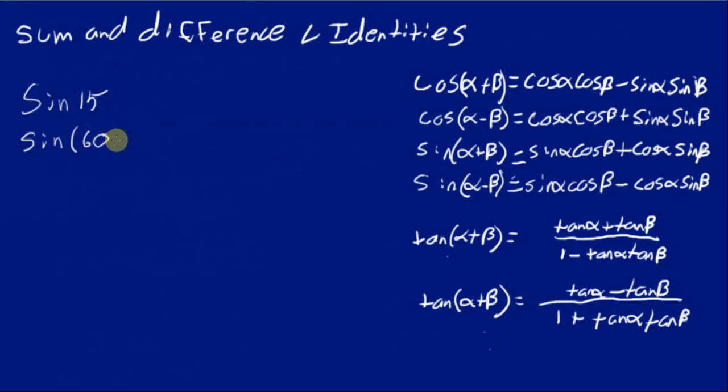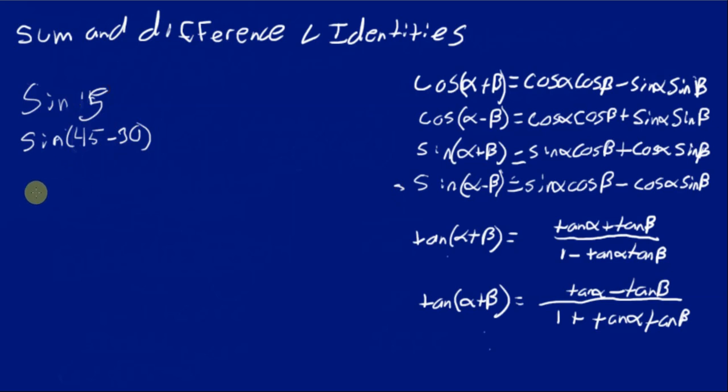If I take 60, well, that's not right. If I take 45, whoops, that's still the eraser. If I take 45 and subtract 30, which are both special angles, that will give me the sine of 15. So the sine of 45 minus 30 is going to be right over here, the sine of alpha minus beta,